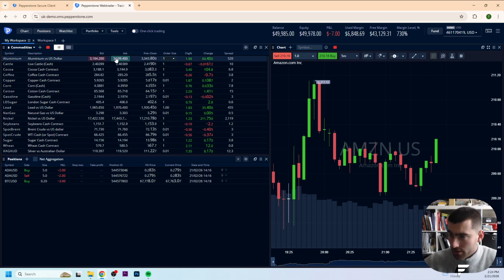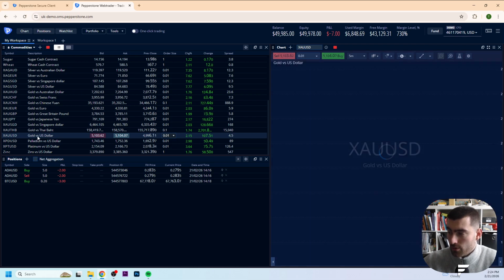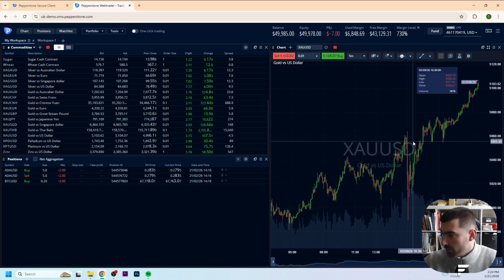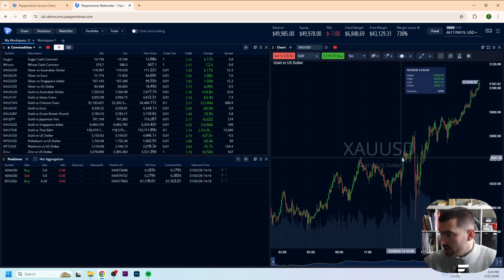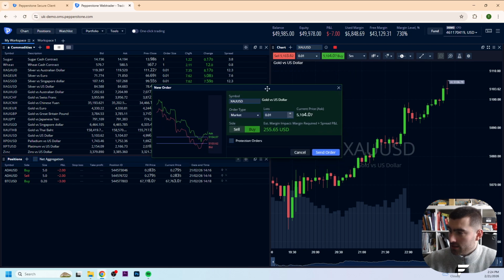So right now what we're gonna do is select right here on commodities, and then from here we go a little bit down where we will find XAU USD. So we click now on that, and now we will find right here the gold chart. And we want to buy this, so we click here on the green button, and now this new order appears